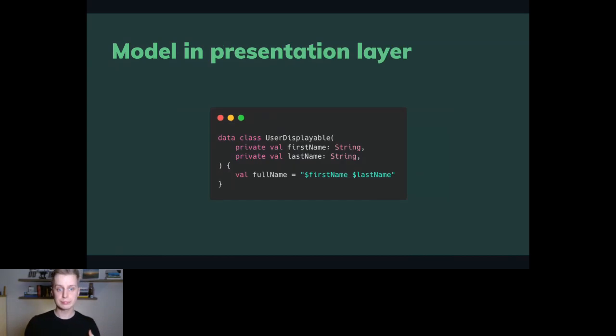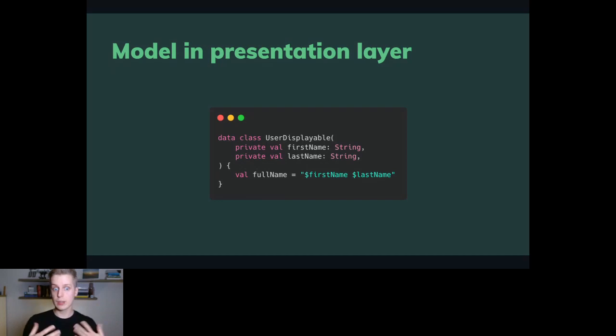The same as in presentation layer, because here we can have a requirement to, for example, display our user details in single line. So we don't need two properties here anymore, first name and the last name, but we want to have these two properties combined in single string.